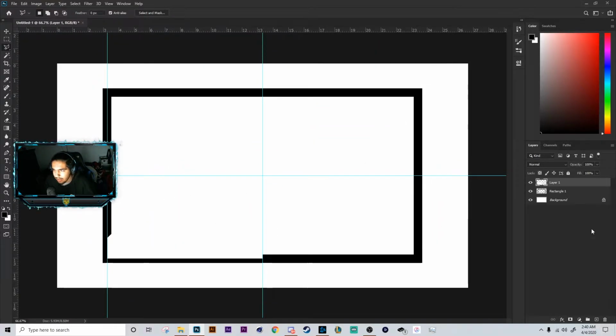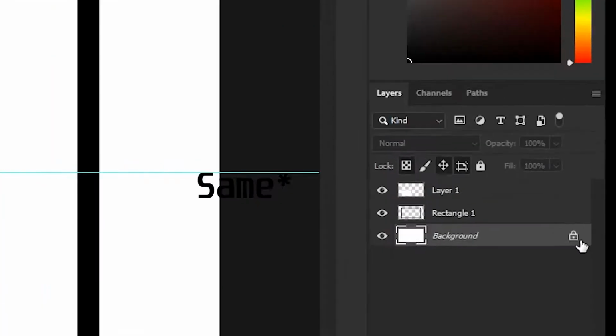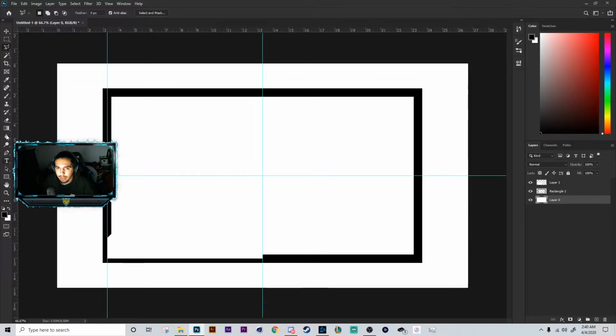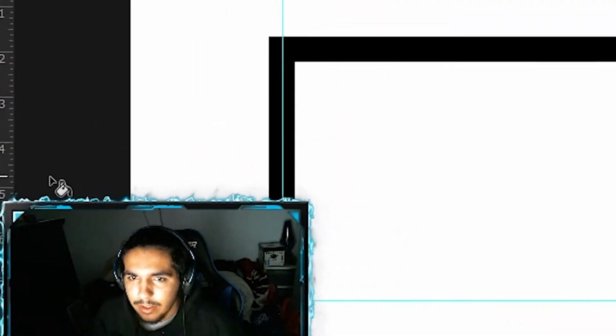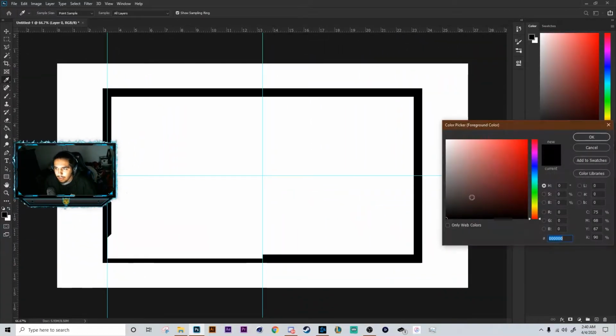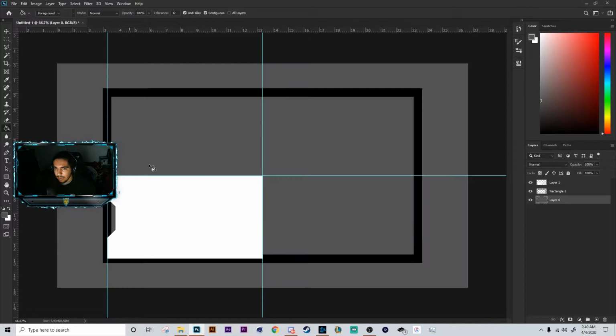You're not really seeing this shape because the background's a different color. If you want to change the background, go here. Go to G, change this to like a dark gray, change the background, now you see it. Go back to the move tool, which is V. If you want to make it easier on yourself, you're going to select this, which is Control, click on the little box. And then you're going to select this, highlight it,